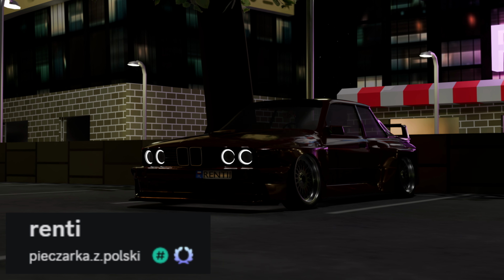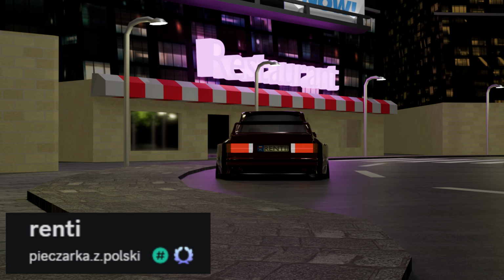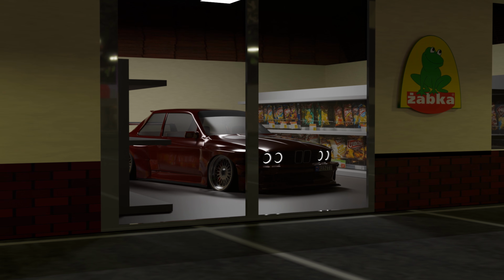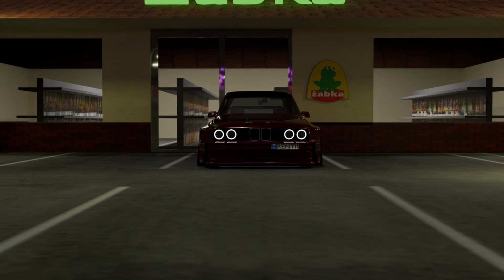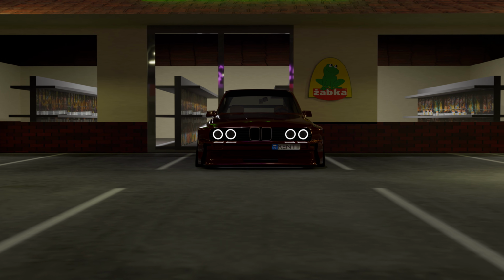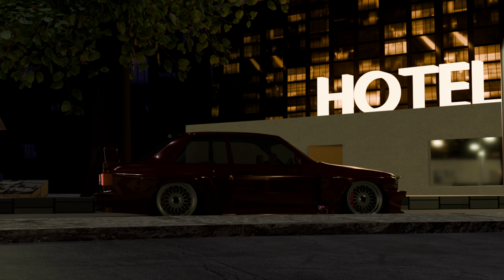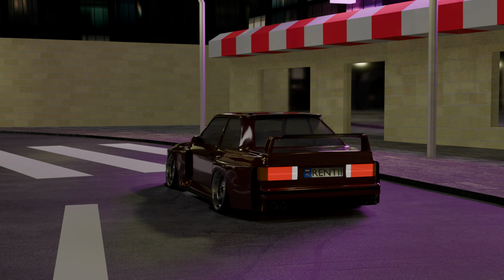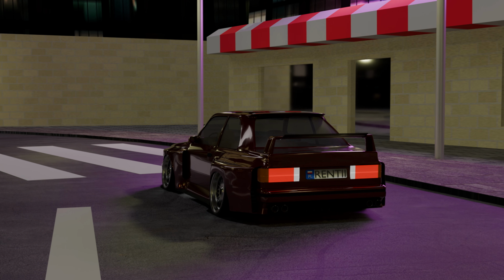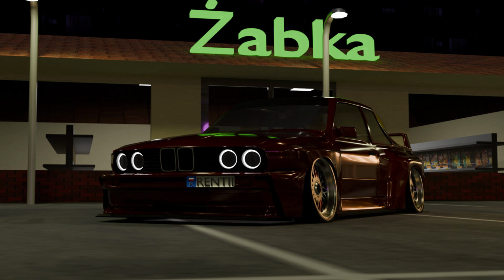Another great submission came from Ranty, who is one of my Polish community members, and he has created this awesome looking BMW. He has not only modeled the car and rendered it out, but he has also created a complete render scene and some Polish stores. I really like how the body kit came out, and I also really like the new headlights for this car. If you want to see the rest of the submissions from all of the other community members, then go